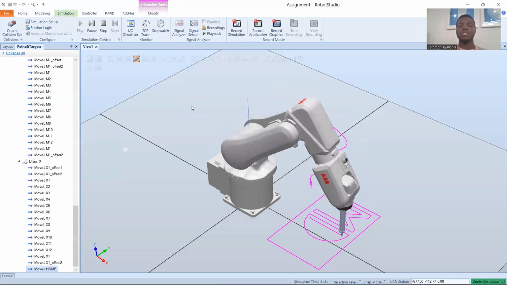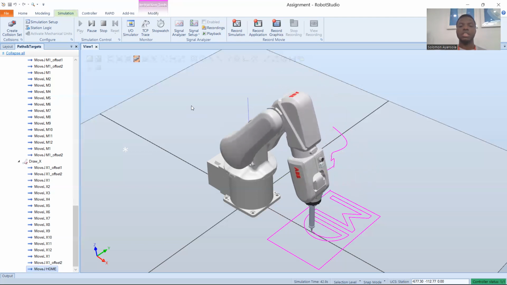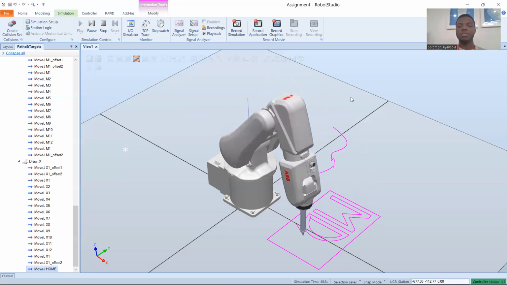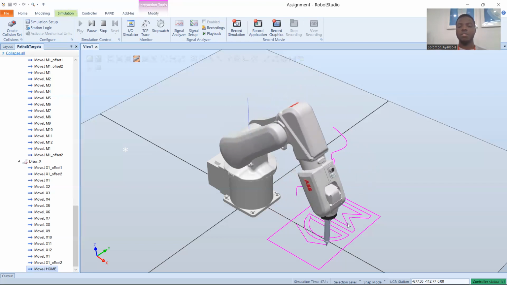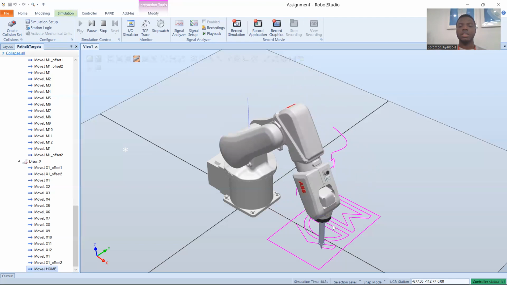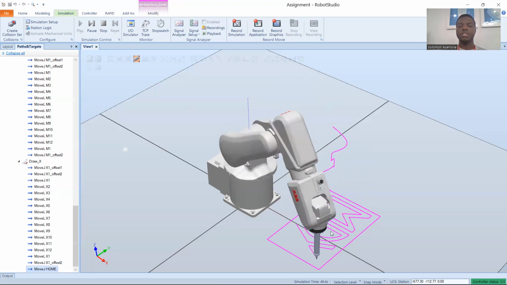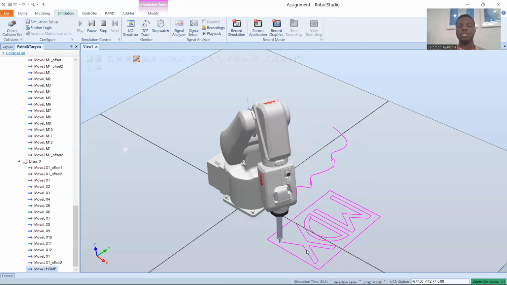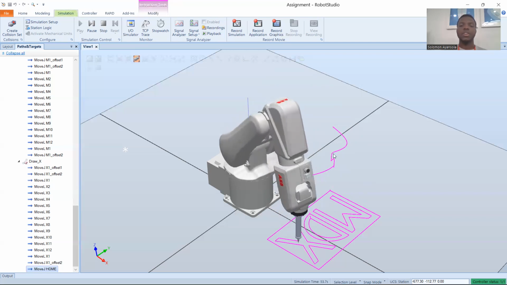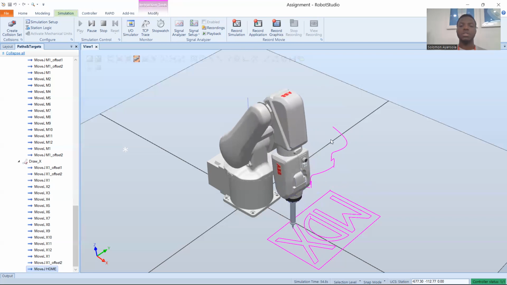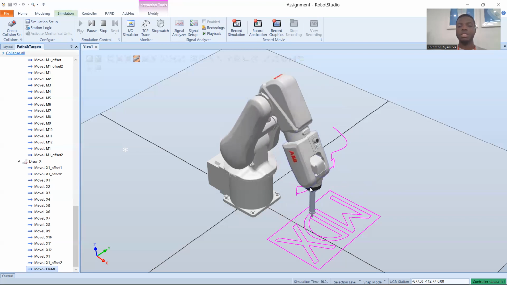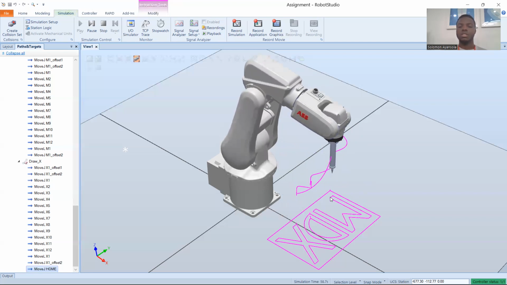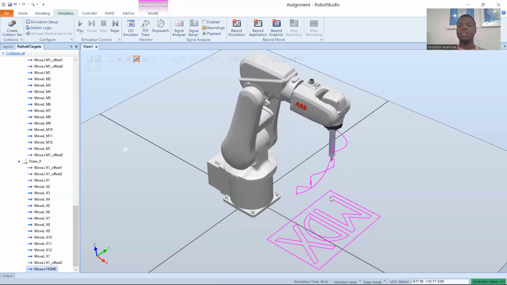And when it gets to the surface and it is drawing the letters, I trace the path of the tip of the pen. And that is why we have some path over here and we have other path here. So basically, the paths we have here are the traces of the movement of the tip of the pen on the surface, while the path we have here is the path of the robot's tip when it is retracting and approaching the surface, so that we can get a real